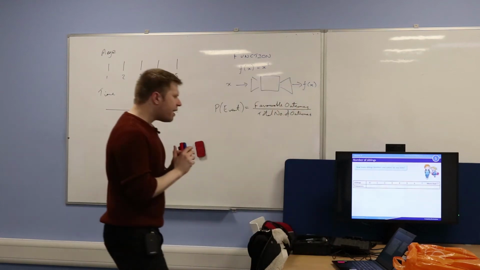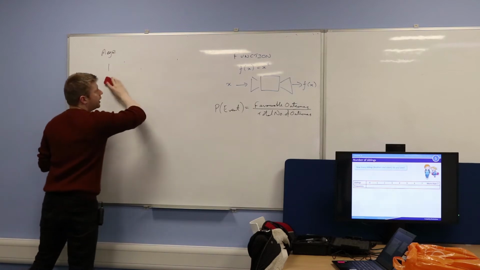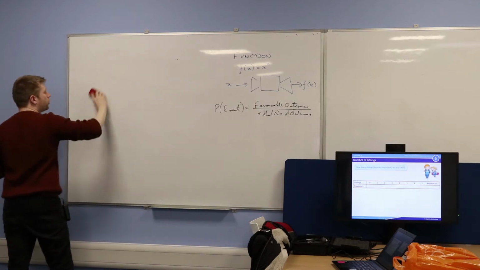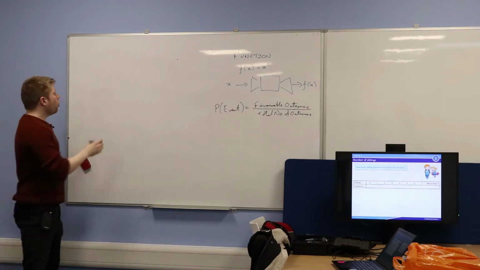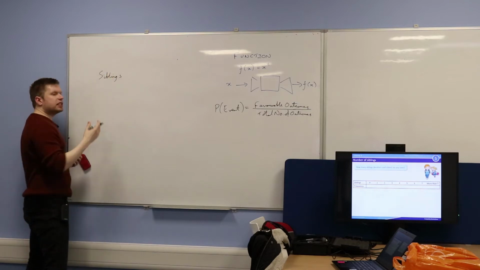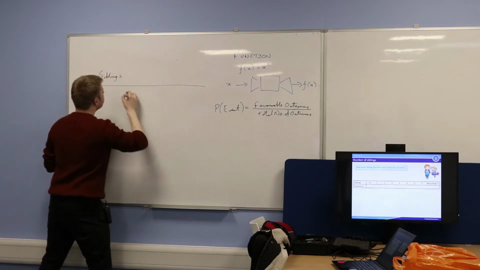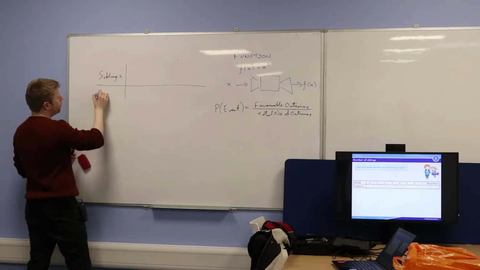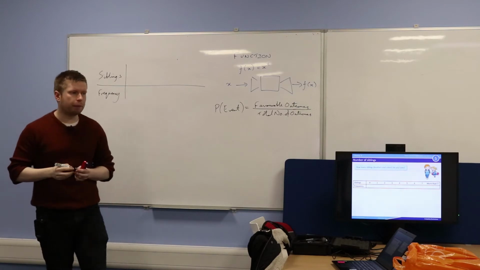So let's have a think about this. What I'm going to do is I want you with me to draw this frequency table down. We are literally going to collect some data as a class, which is going to be the number of siblings which somebody has. Siblings are brothers and sisters, okay? So we're going to create a table, and this will be frequency. Can you copy this down with me?